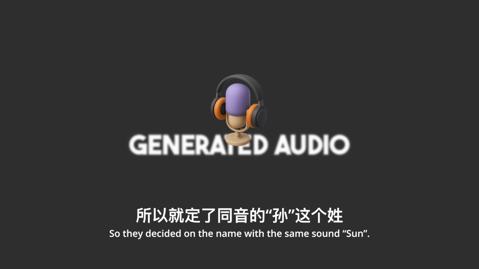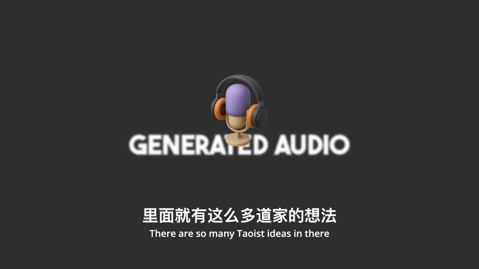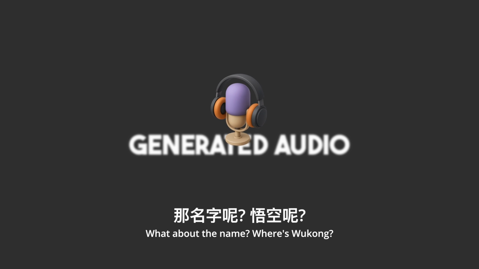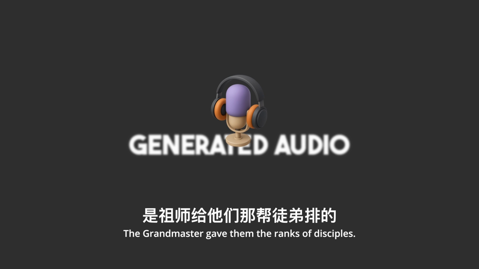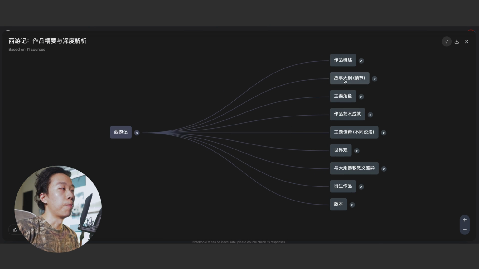所以就定了同音的孙这个姓。 哇，原来光一个姓孙里面就有这么多道家的想法。那名字呢？悟空呢？ 这个悟是祖師给他们那帮徒弟排的。